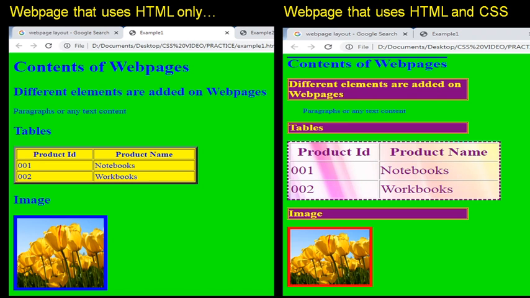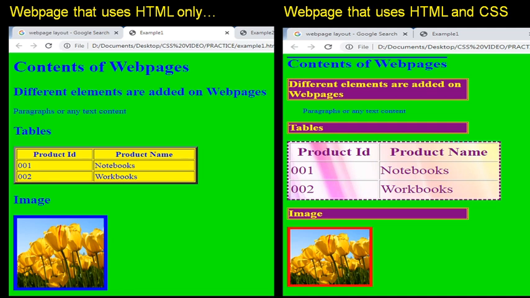See the first heading, we can see overline for the heading. See the second heading, we are able to change the color of the font, add background color for the text and add border for the text.